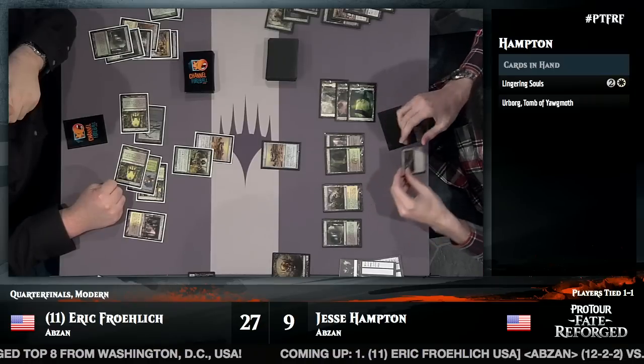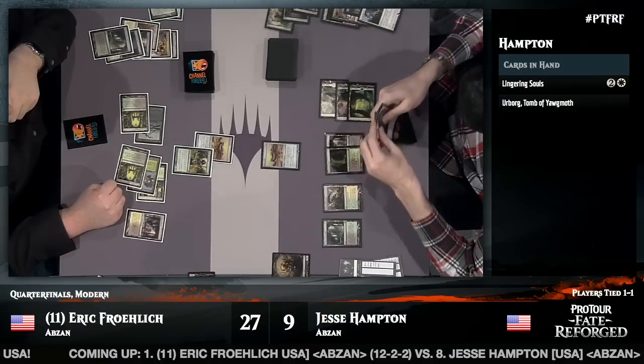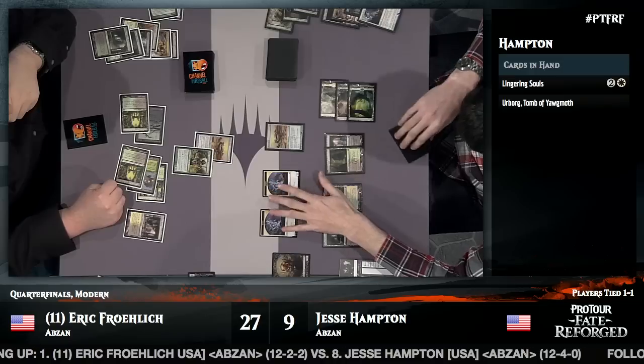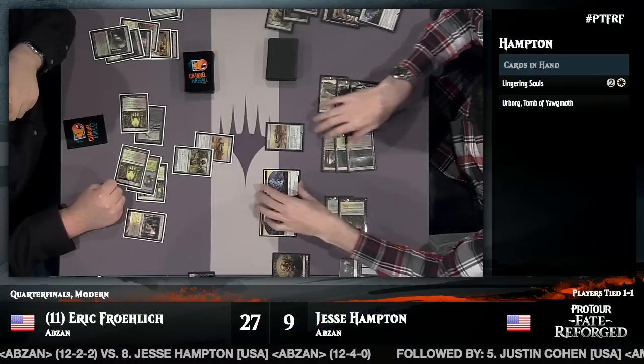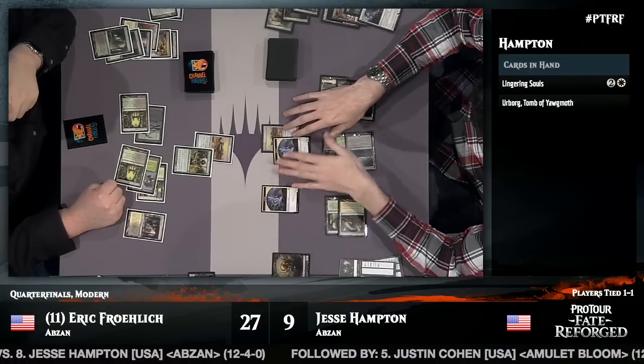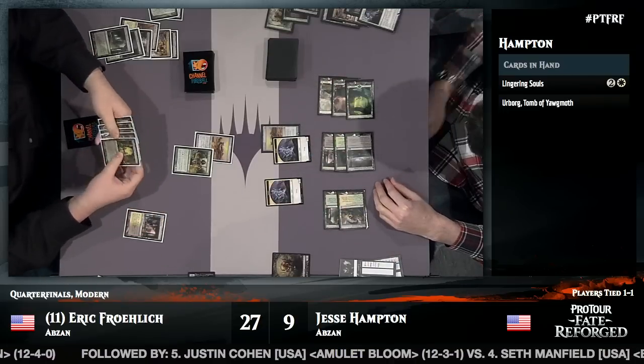He's found a Lingering Souls. Okay. That should buy him a lot of time. Yeah, absolutely. Especially since he can actually equip one of the spirit tokens with the Batterskull. Hey, that's the plan right now. He does that immediately. Now he's got a 5/5 flying lifelink